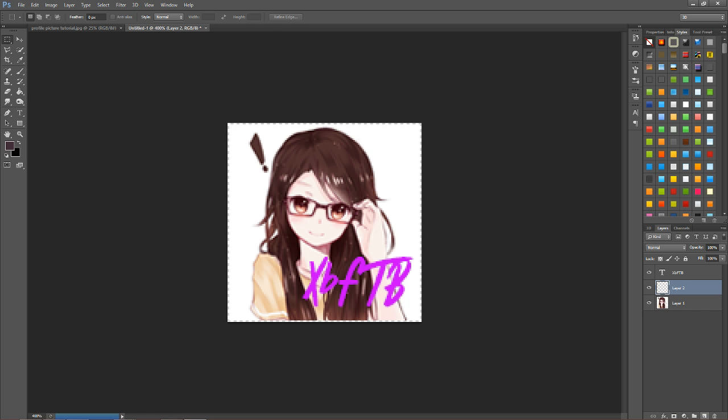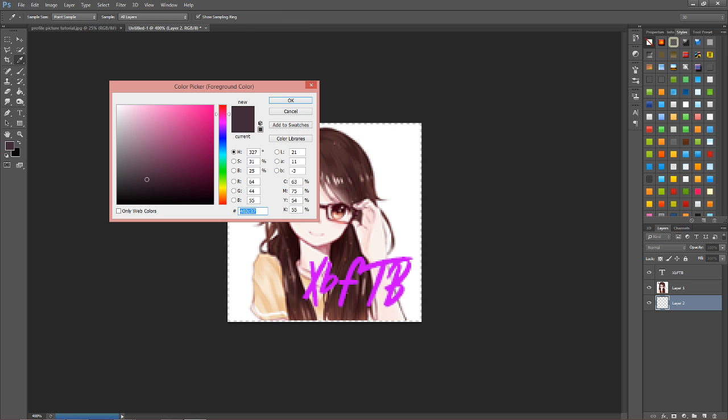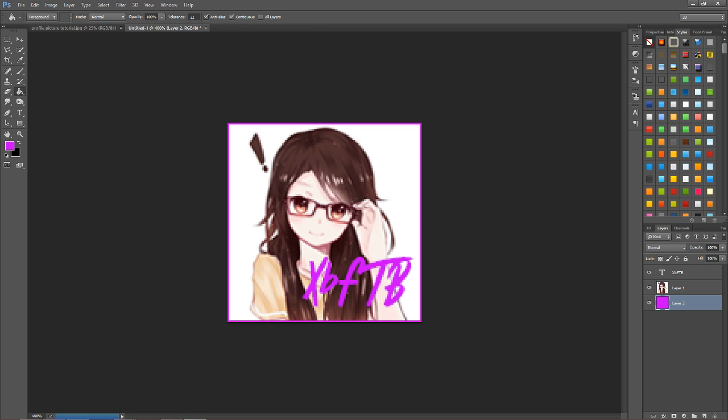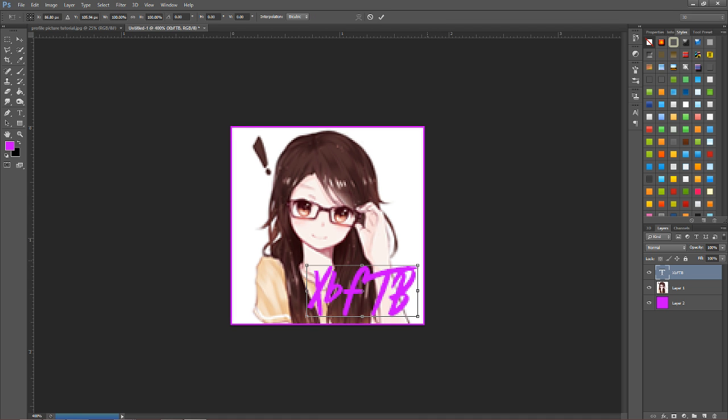Then make a new layer, put it on the very bottom, take your paint bucket tool, select the color you used for your text, just make it fill. Now you have that entire background. So you can go back to this, just move it around to wherever you want, so you want to Control T it, put it on an angle. Press Shift when you Control T so you can do controlled angle. I usually just go up by 1 and put it on the edge, like that.